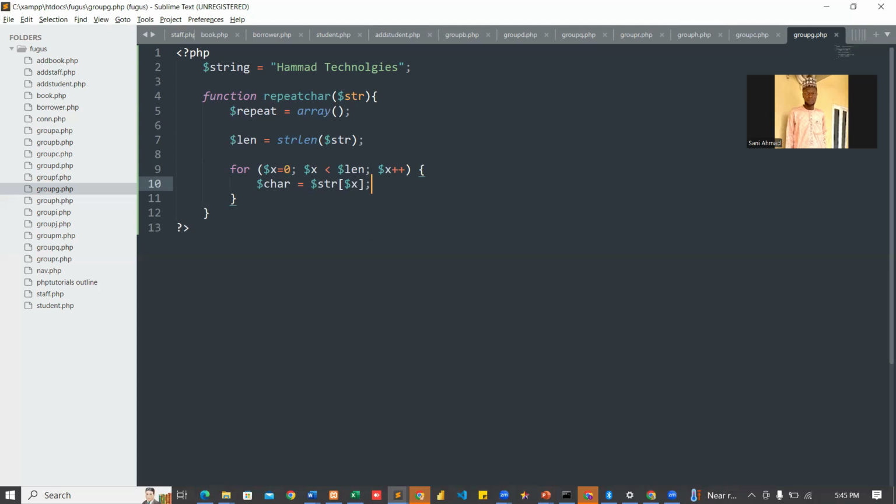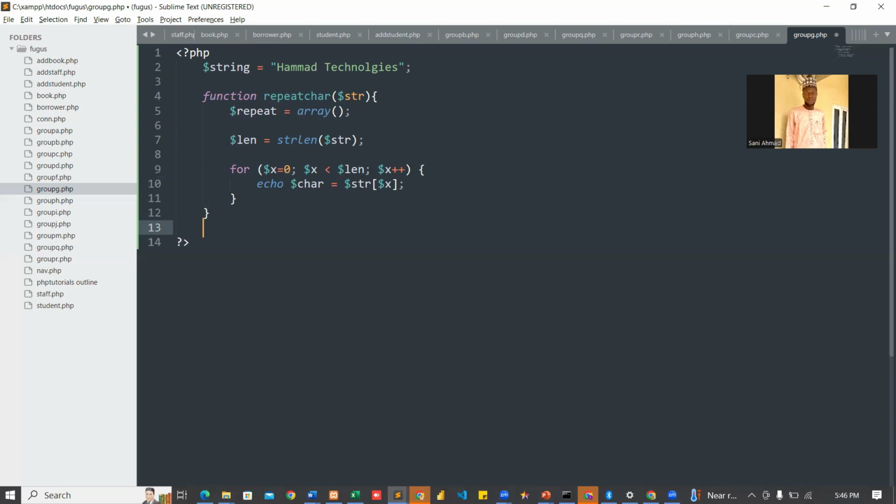Duk muka yi looping muka dawo za mu yi assigning cewa this is equals to str array number kaza. Yanzu misali, idan muka yi looping na farko, our char is equals to h. If we run it, you will see our char is equals to h. Maybe let's test it. Let's test it and run mu gani. Bari in ce echo function din mu shine